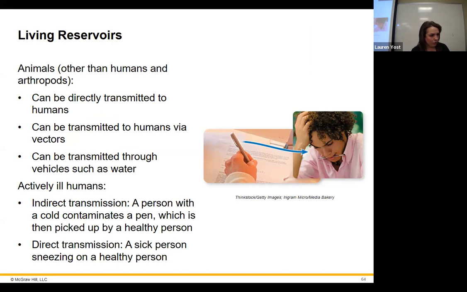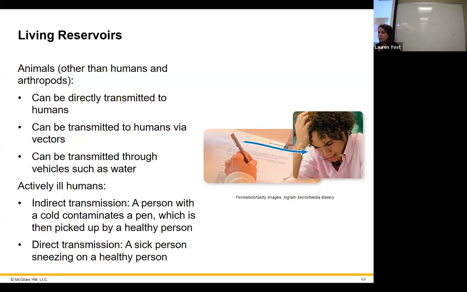Living reservoirs can be animals or actively ill people. If I was sick and I cough and I'm handling, it might as well just be the fidget spinner, right? Because I use that all the time. If I'm over here and I'm sick and I had coughed on this and, I don't know, licked it or something, I'd left it up here. And then Dr. Shearer comes in next and starts playing with my fidget spinner and he gets the COVID that I had, right? That's an indirect transmission. If I go up to Dr. Shearer and just sneeze in his face, I'm like, oh, sorry, dude, and I walk off. That's direct transmission. It's just going straight from me to him. If there was something in the middle, that's indirect.